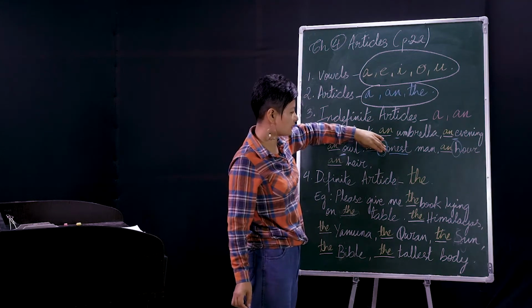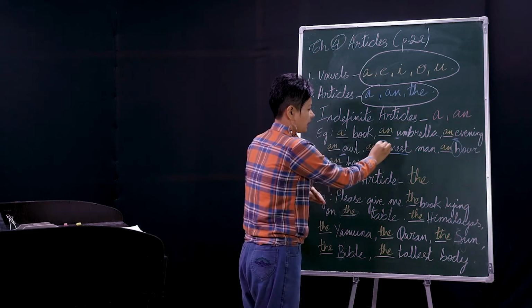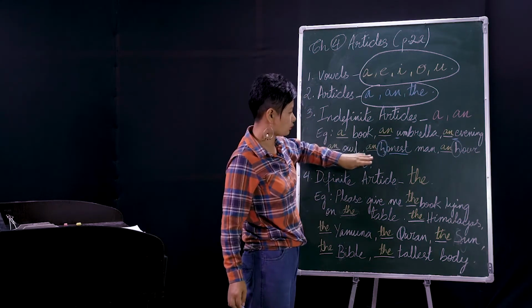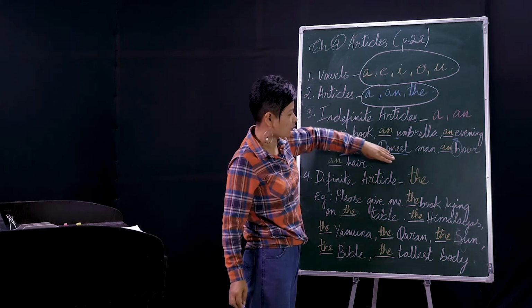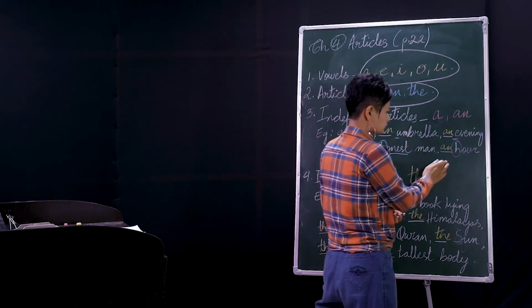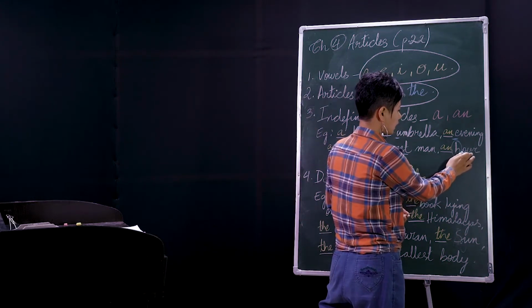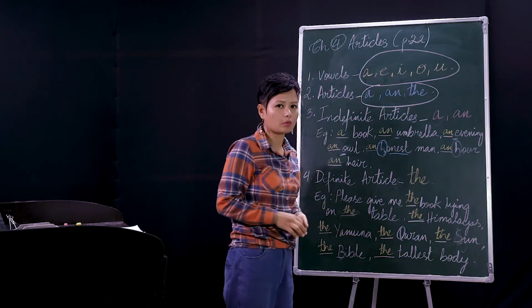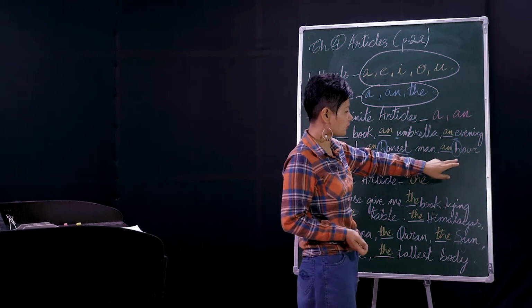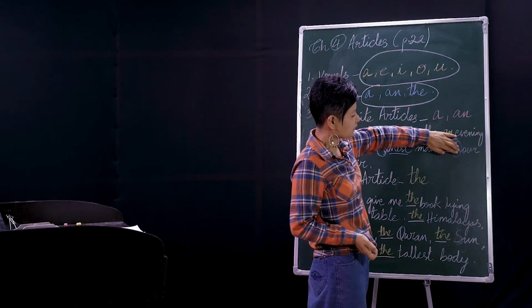So that is why, since in the spelling H is there, but while pronouncing H is silent, we say an honest man, right? And here also see, hour. We pronounce hour, isn't it? We don't say hour with an H, right? Here also the H is silent and we say an